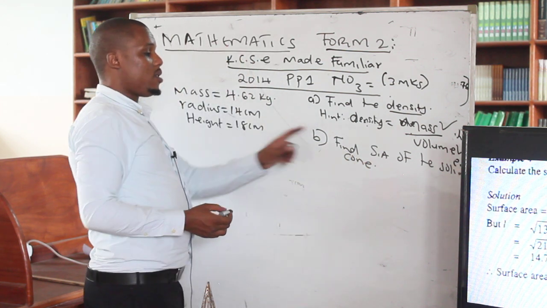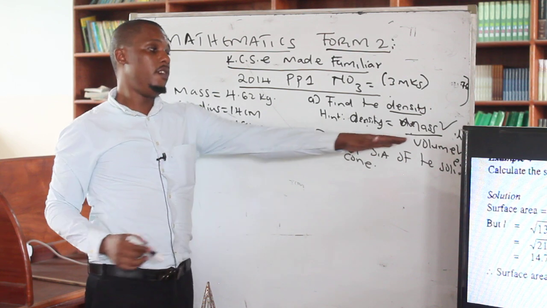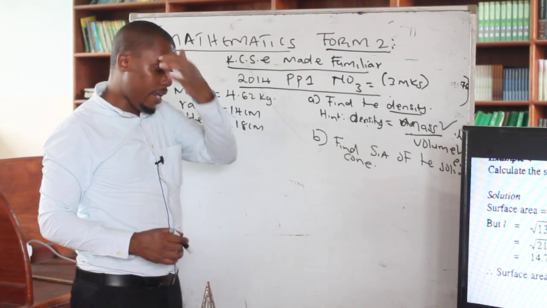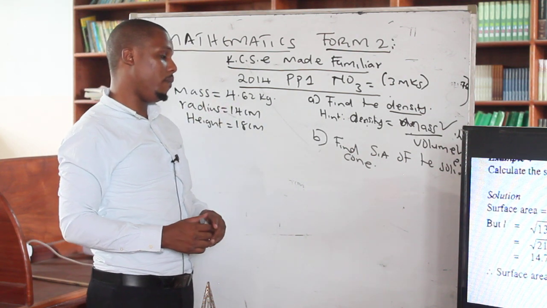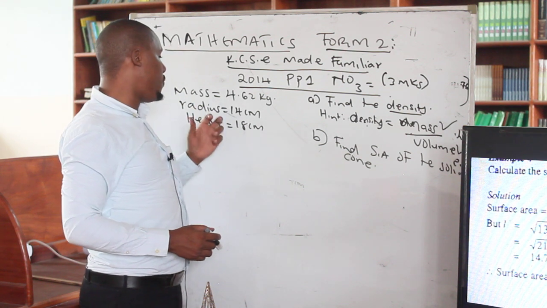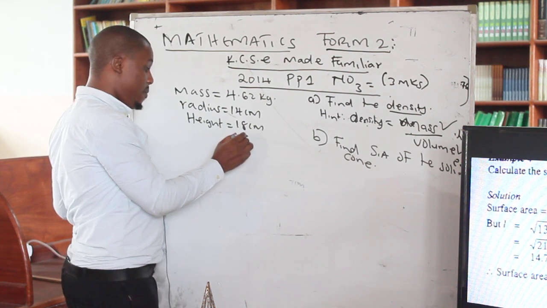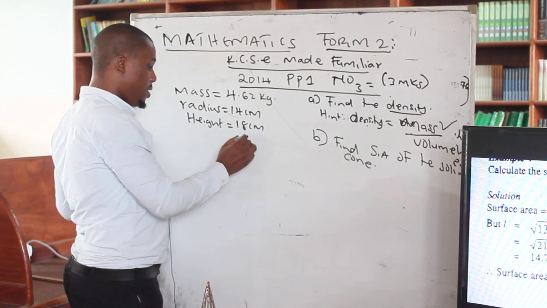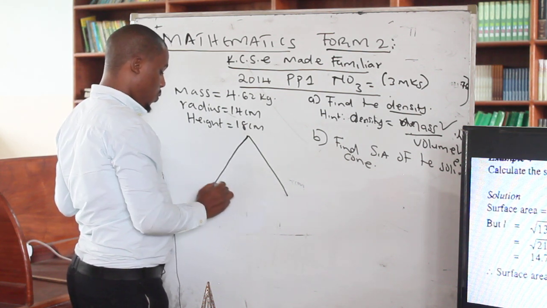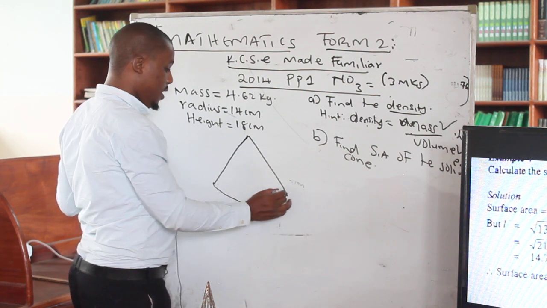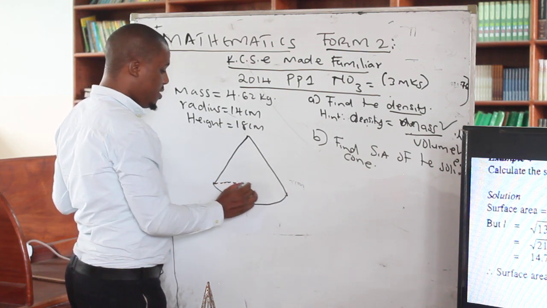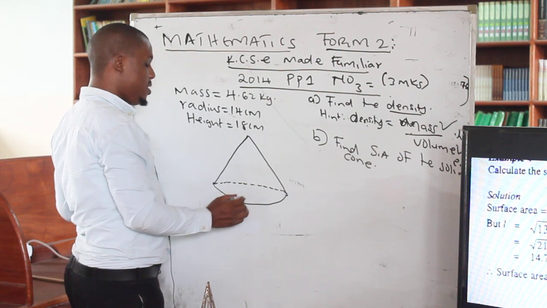So I want us to focus on number B, because the issue of the volume I'm going to be talking about in the next chapter, which is chapter number 13. If this information is given, you have the radius and the height, so you can sketch it. Remember, there are no marks for sketching, but this will assist you in understanding the concept. In this case, we have been told that the radius is 14 centimeters.